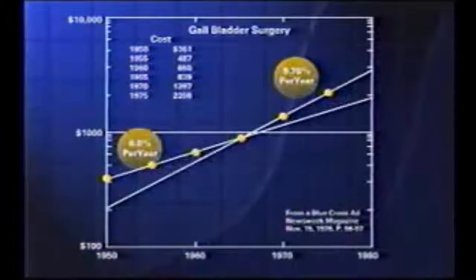Let's see what's happening. The students found that the first 4 points lined up on a straight line whose slope indicated inflation of about 6% per year. But the 4th, 5th, and 6th were on a steeper line, almost 10% inflation per year. Well, then I said to the students, run that steeper line on out to the year 2000. Let's get an idea what gallbladder surgery might cost. The answer is $25,000. The lesson there is awfully clear. If you're thinking about gallbladder surgery, do it now.